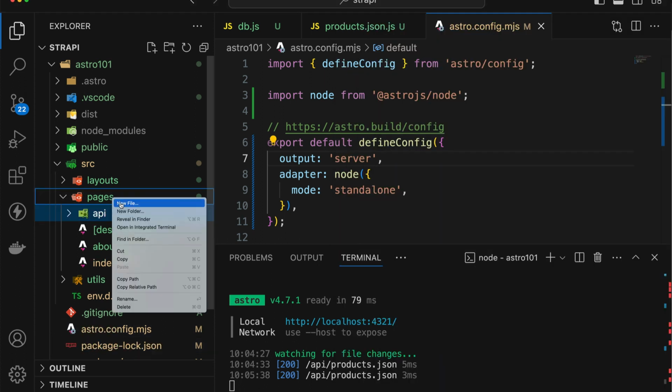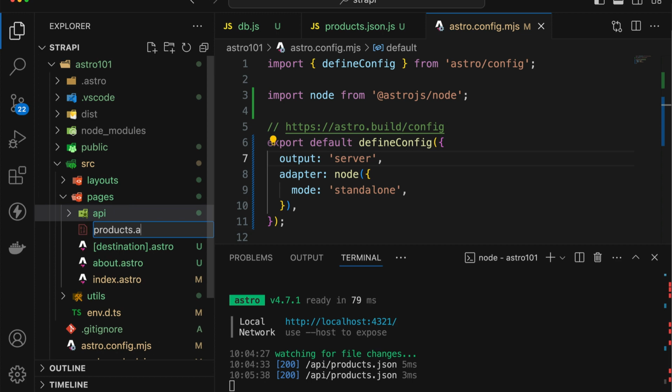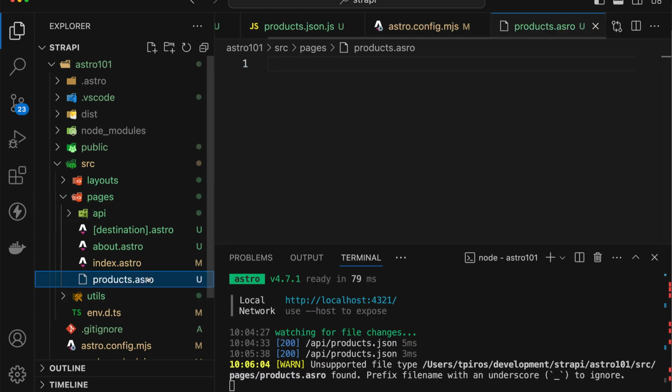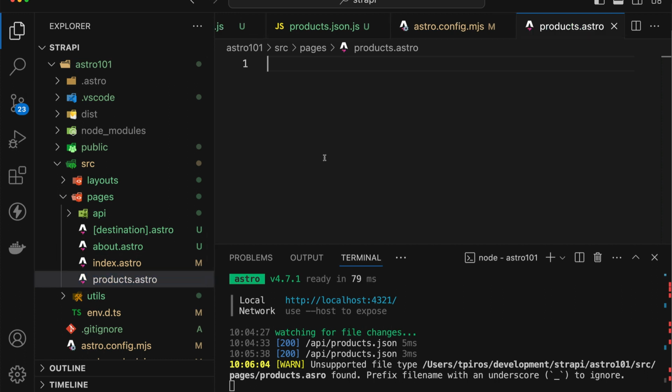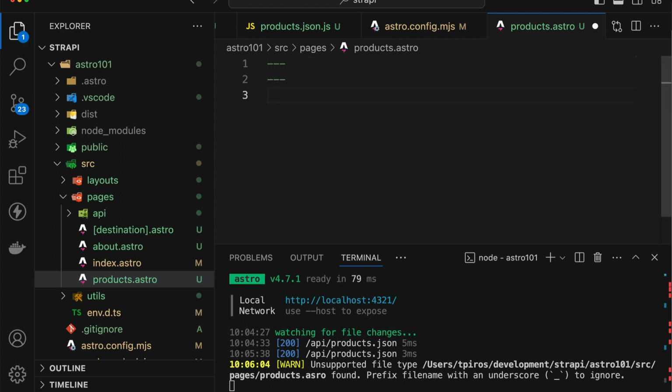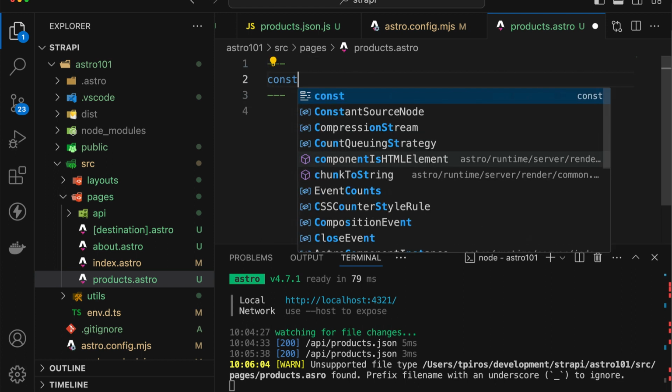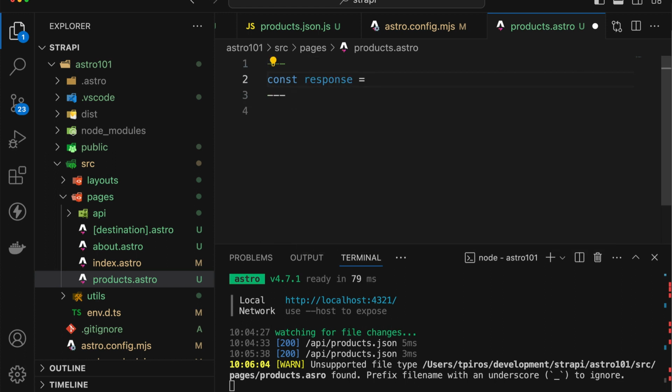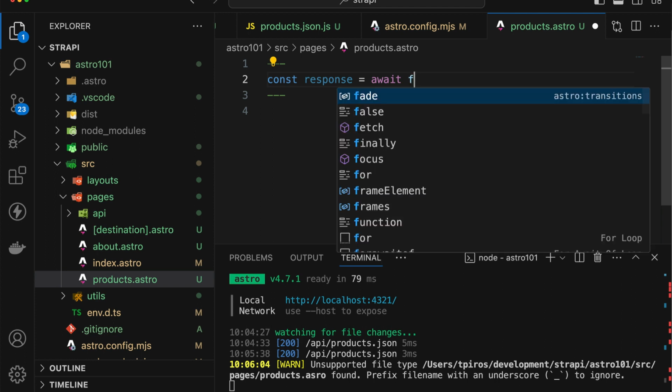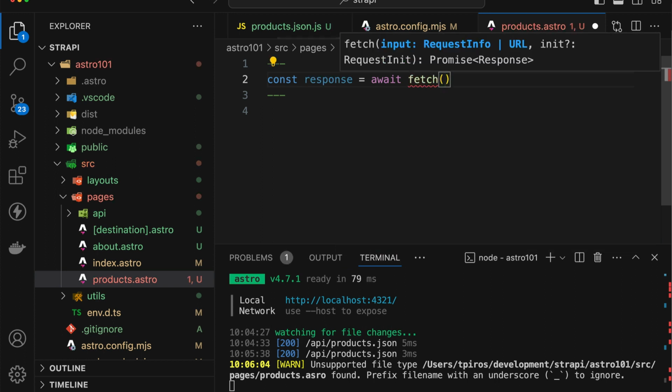So let's create a new page in this new server-side rendering mode, and let's call this products.astro, for example, making sure that we spell Astro correctly. And what I'm going to do here is make sure that first I make a fetch API request to grab all the product information. And I'm going to say something like const response is equal to await. Also notice that you can use top level await inside this top section in your .astro files. And I'm just going to make a fetch API request to